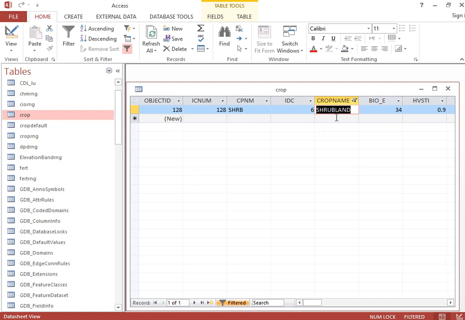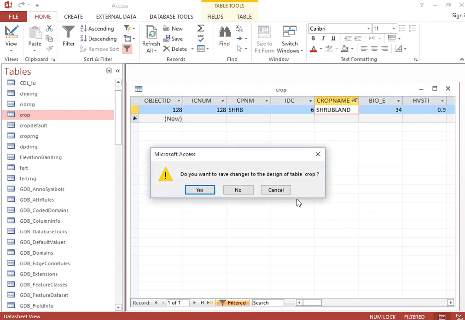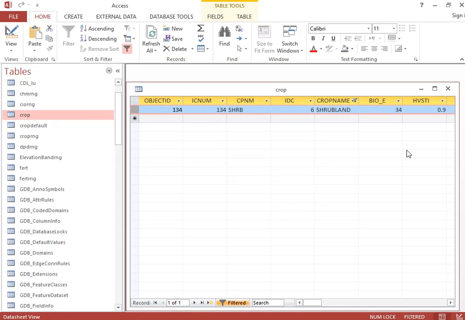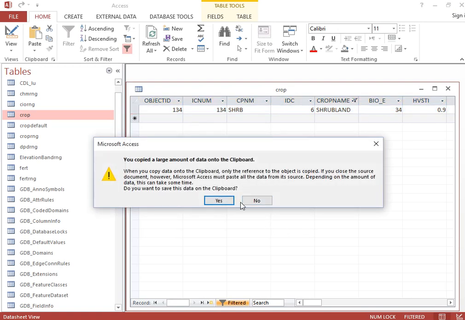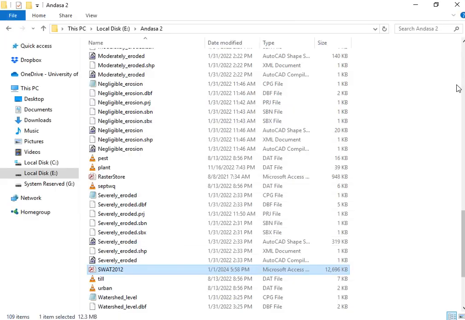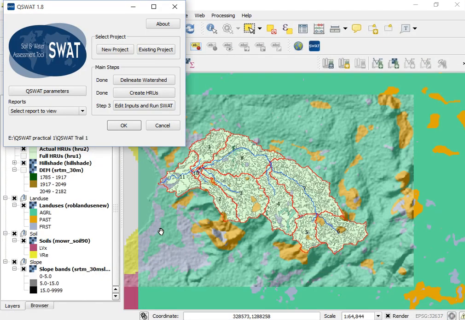I have integrated this QSWAT with the SWAT model. Therefore, you can do such special features within QSWAT and the SWAT. You may have access when you are seeing some features on the QSWAT. Okay, so having this,